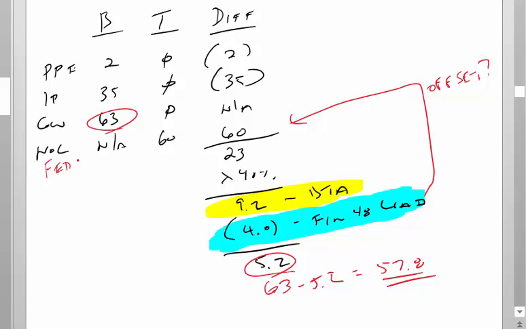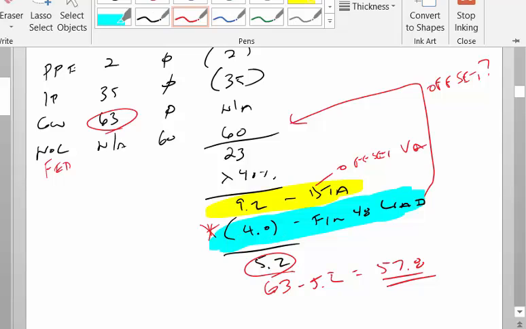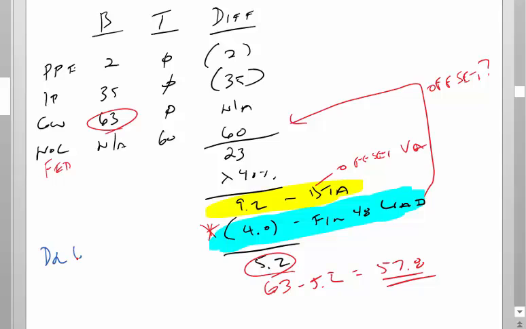So now, you still need the 4. That's a real exposure. It has nothing to do with the NOL. So you'd have to book the 4, but the 9.2 you would offset with a VA. And the fact that you didn't book the 9.2 deferred, all that adjustment would go through Goodwill. So if we still need to book the 4, our journal entry is going to be debit Goodwill 4, credit FIN 48 4.